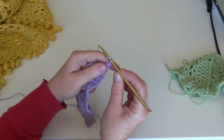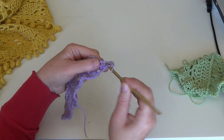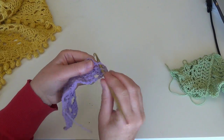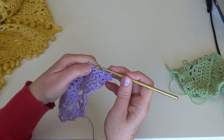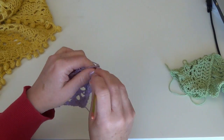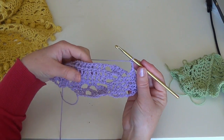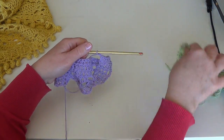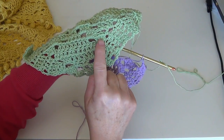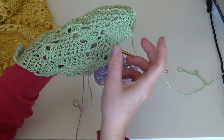In this row we're going to start again: 1, 2, 3, 4, and work in the second double crochet, a double crochet, and work in the next 3. So we have 5 in total, and right after, chain 2. And what we are going to do, in the previous row we had made 1 petal. Now in this row we're going to begin,